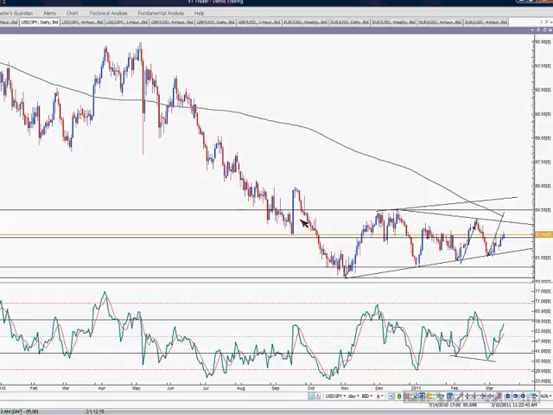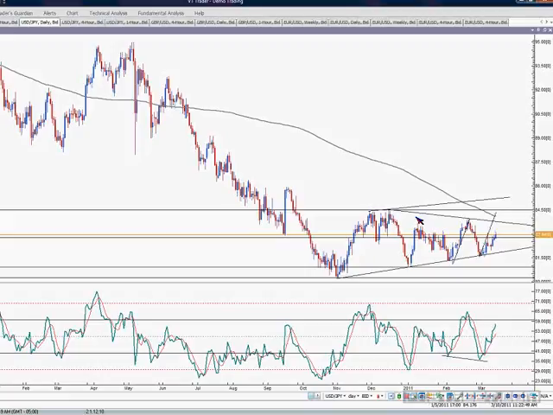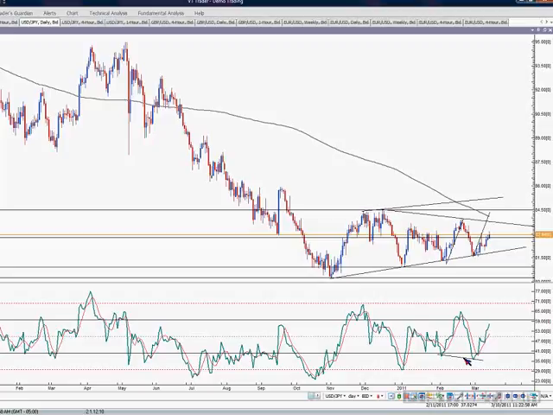So here's the dollar yen. We're in this channel, this triangle, and right now we have what's called a positive reversal. A positive reversal signal is when your RSI makes a lower low, but the corresponding price low is higher, and that shows that the market should give us another swing. Using the swing projection, we should be going towards the 84.50 area, 84.40 area.